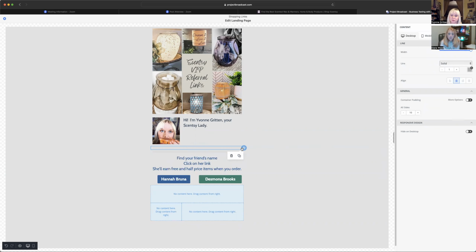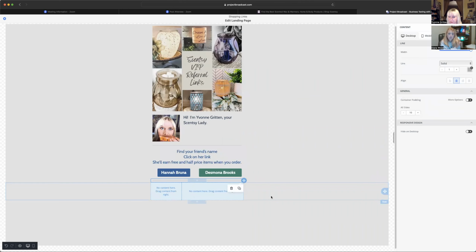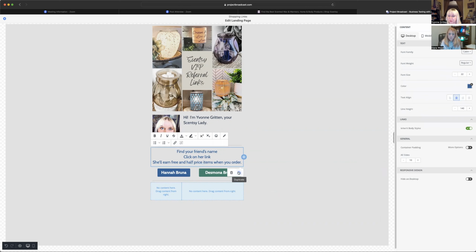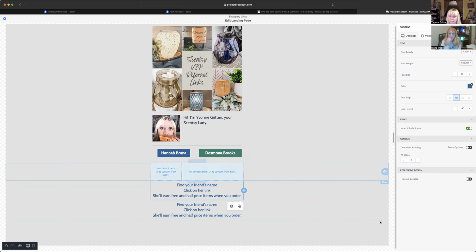And then all I have to do is grab this little guy and bring it down. Okay. And now I have a divider down below. Sometimes that's easier. If you want another text box down below, you can click this and then the little duplicate, and it's going to duplicate it, but you can grab it and pull it down, or